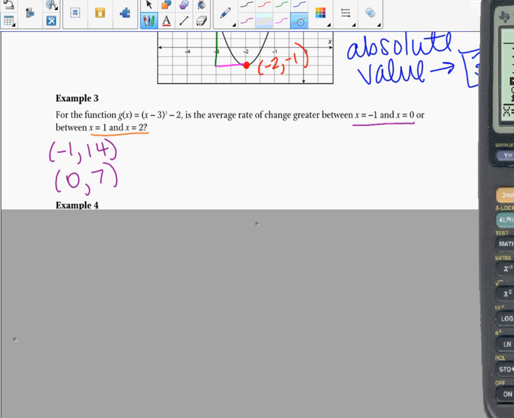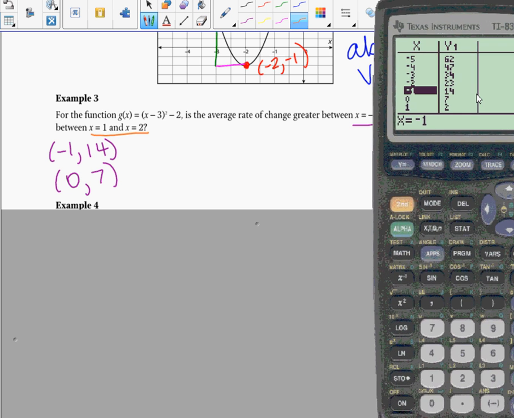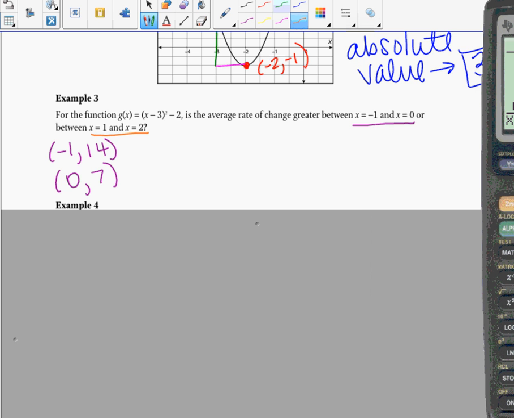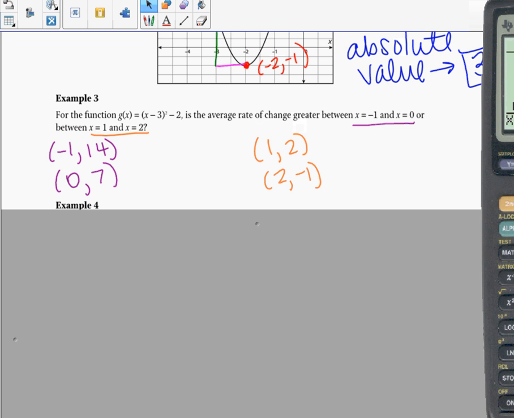And then same thing if you grab the values off of your table for when x is 1 and x is 2, then we're dealing with 1, 2, and 2, negative 1. So 1, 2, and 2, negative 1. So we need to calculate the average rate of change for both of those and see which one is the greater rate of change. So in this case, we have the change in y, so 14 minus 7 all over